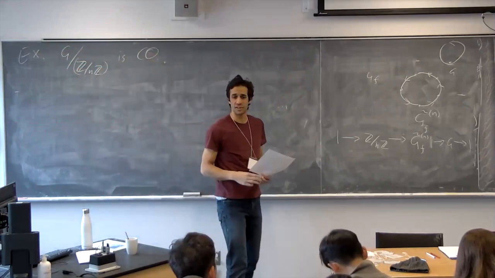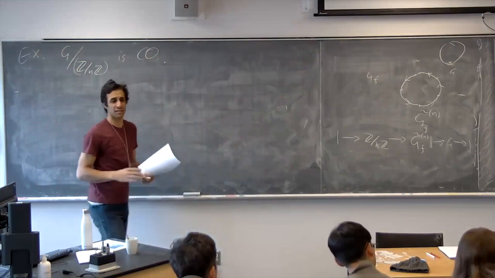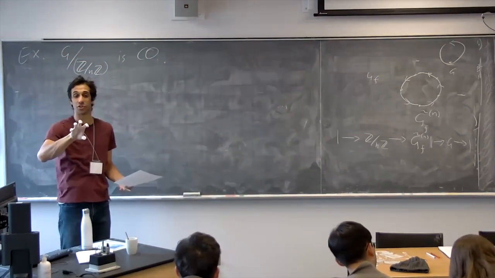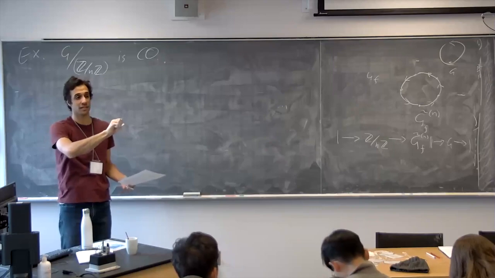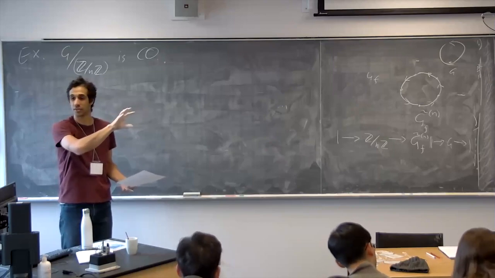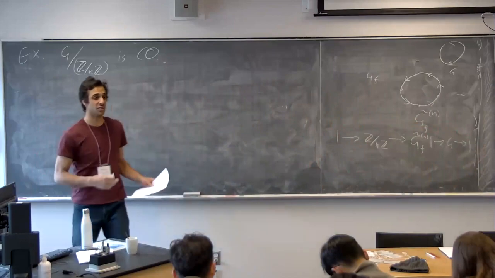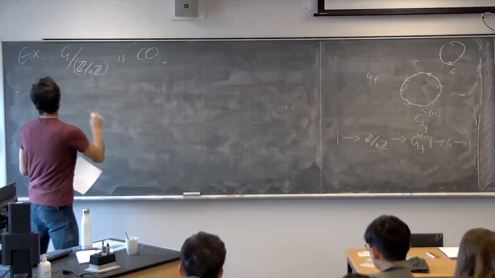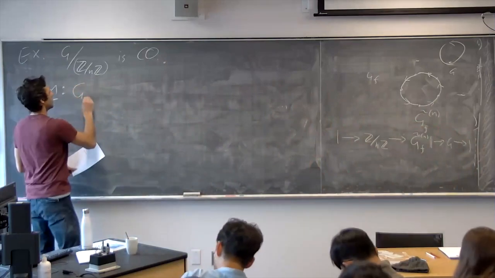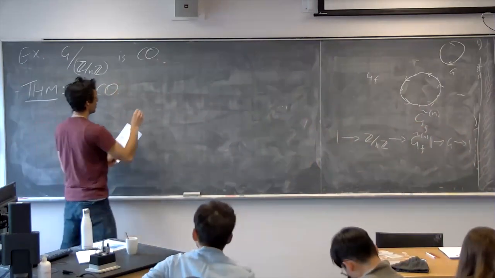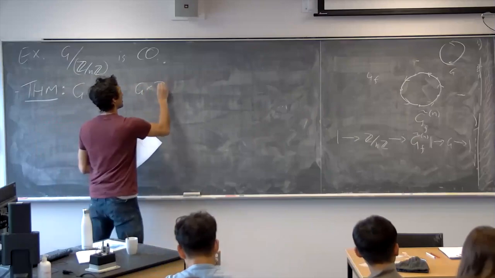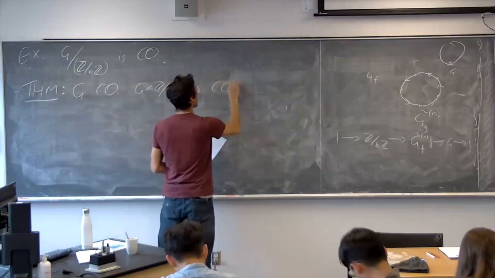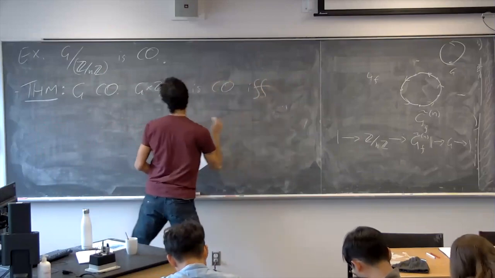This is actually kind of an interesting statement: if you have a circularly orderable group with a normal finite cyclic subgroup, you can always quotient by it and still be circularly orderable. So if you believe these two exercises, it's not too much of a stretch of the imagination that you would get the following theorem. Let G be circularly orderable. Then G cross Z mod NZ is circularly orderable if and only if